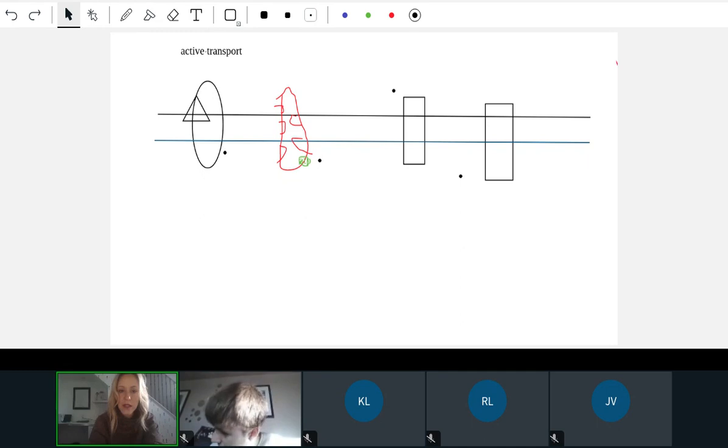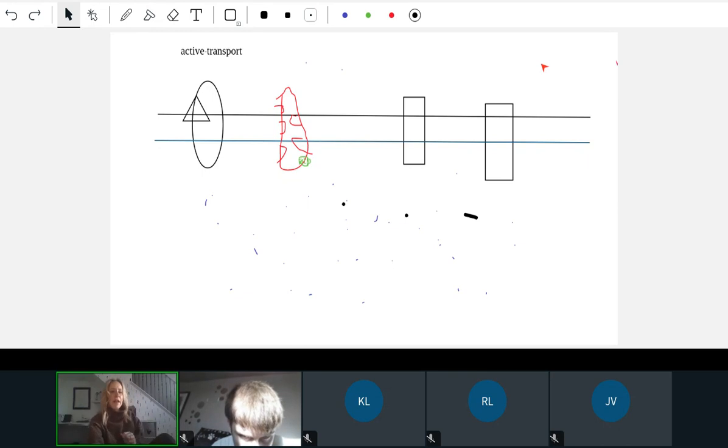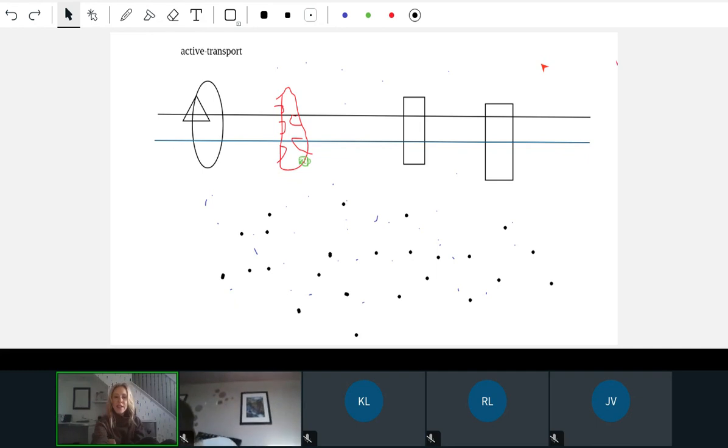So let's put lots of dots on the inside. Dot it out on down here in the inside of the cell. And then not very many outside the cell. We're going to say we're trying to pump stuff into our cell, even though it's our high concentration, we're going to try to pump it in, which is going to require energy to attach to those protein channels, which